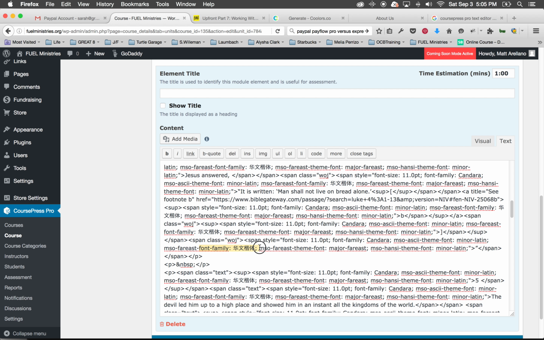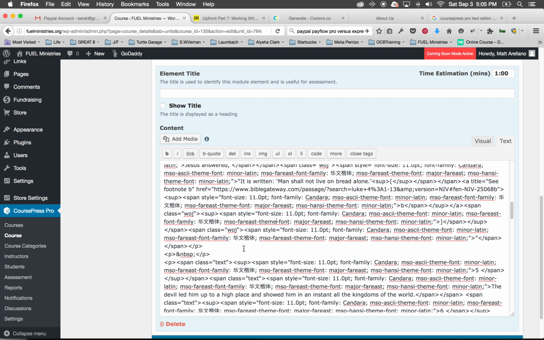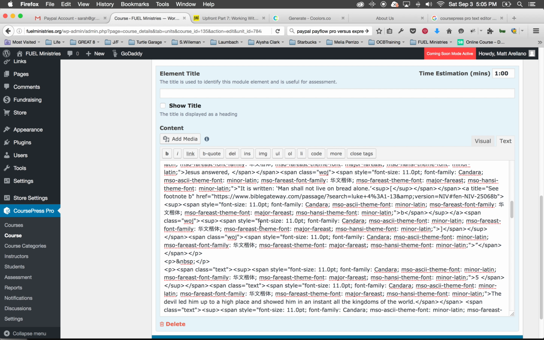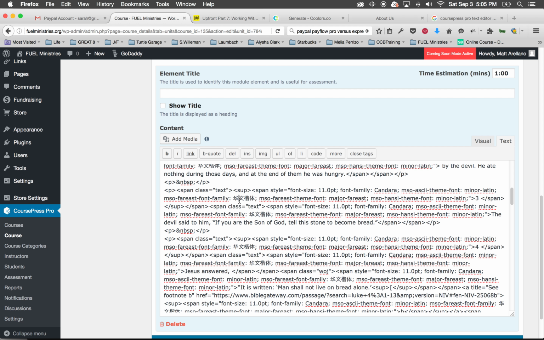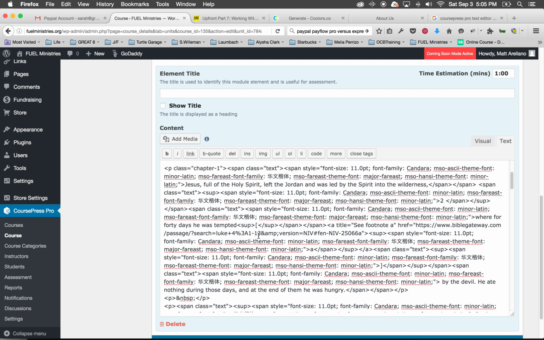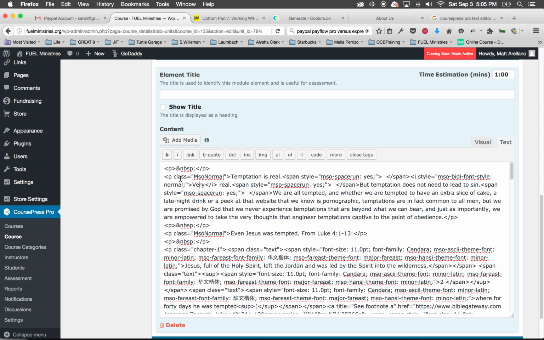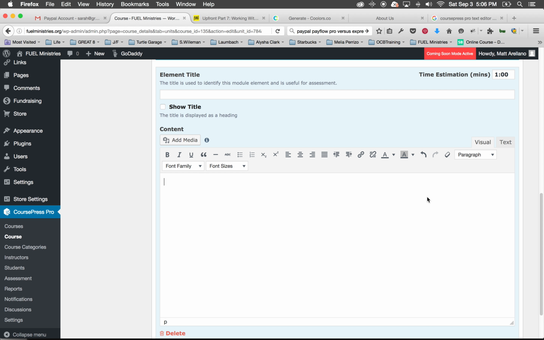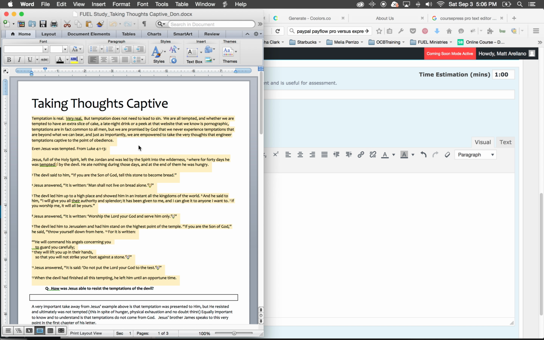And I highly recommend trying to keep this as clean as possible, because not everyone's browser is going to render it exactly the same way. So you want to make sure that you are putting really clean content in here and it's clean code. And I know it's going to sound like a hassle, but if you can, I recommend doing this. So instead of copying and pasting from a Word document, copy the text